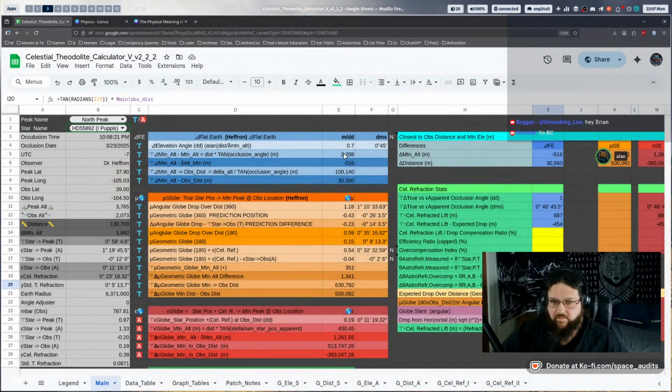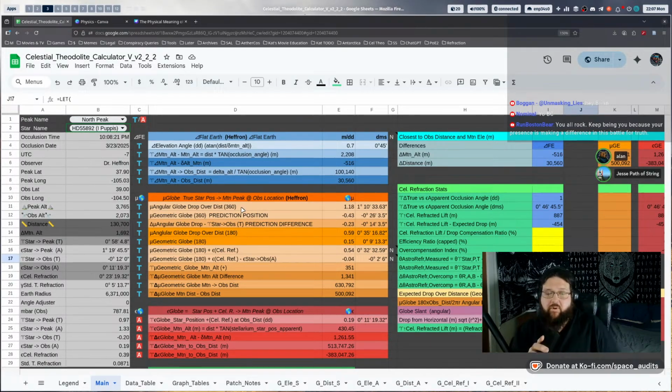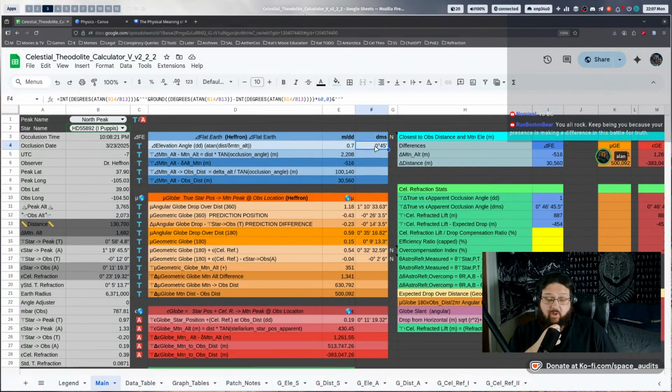So that angle is going to be off a little bit by the actual astronomical refraction amount, which we've quantified after the measurement, but we have no way to predict how much actual refraction there is beforehand, if that's what you're asking. So if you wanted the exact time, you would have to get that. If we're saying, hey, this rise over run comes out to be 45, and then on a globe it comes out to be 35, is the star closer to us or closer to you? And then from that we derive distances and elevations and look at refraction conditions for the analysis. So okay, yeah. Thank you for helping me with this.